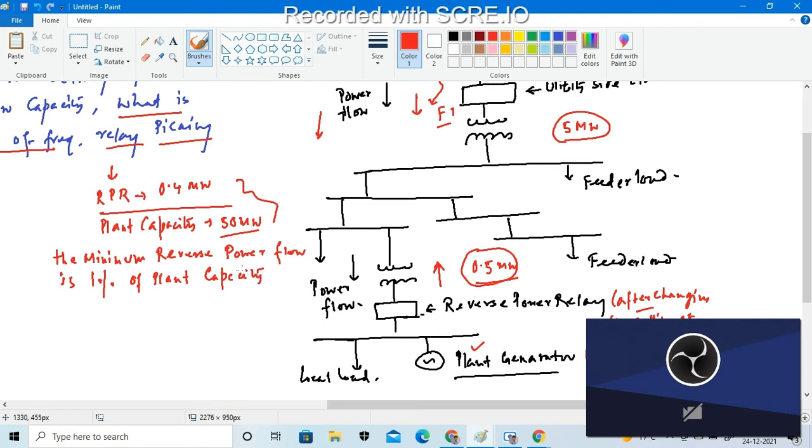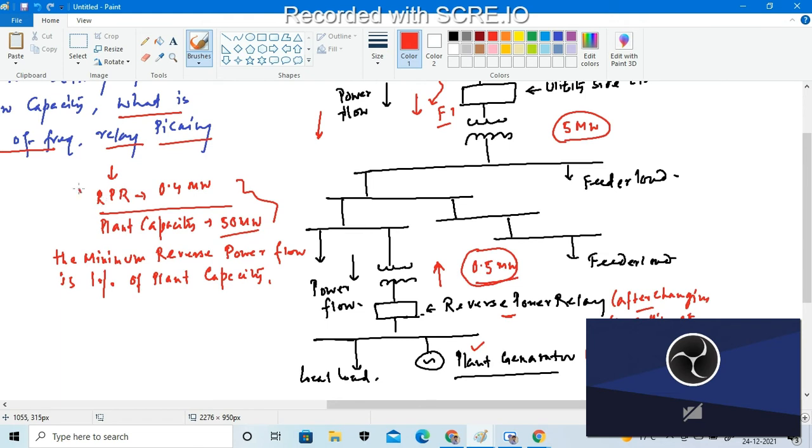And it is quite likely that the utility disconnection may not be noticed by the under frequency relay. That means a fault that appears on the utility side may not be noticed by the under frequency or the rate of change of frequency relay. So for those cases, the vector shift relay and the system protection schemes in the transmission system will be discussed later on. This will actually be the drawback of a reverse power relay.